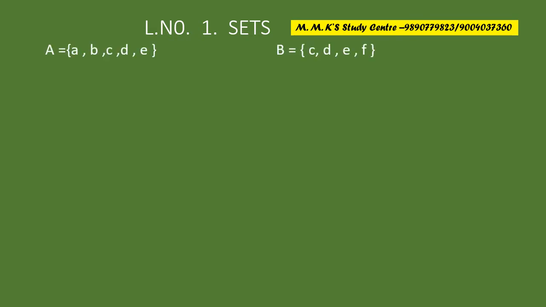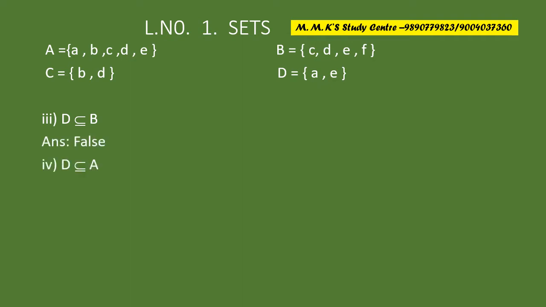So before solving the next question, we will write down the sets again because we have changed the page. So your next is D is a subset of B. D is having A and E, and B is having C, D, E, F. It means E is present but A is not present in B. So again it is false.